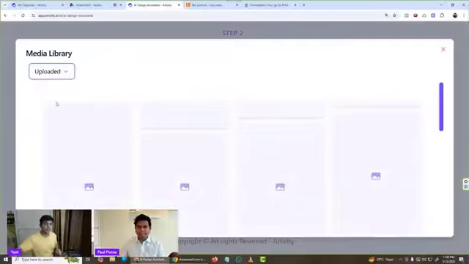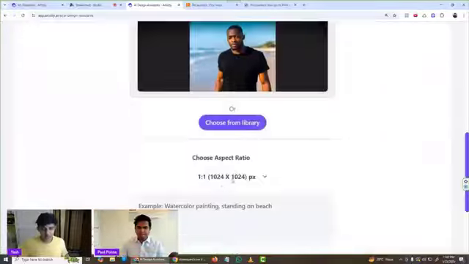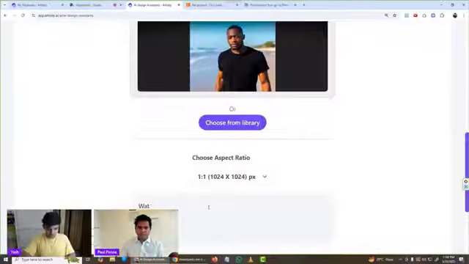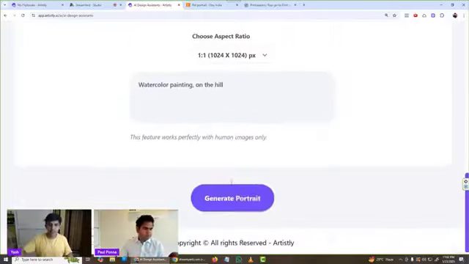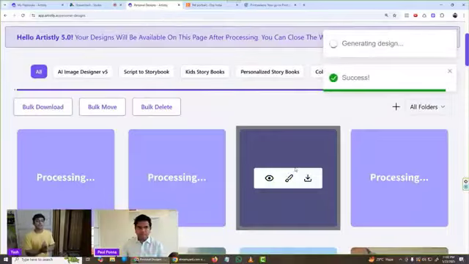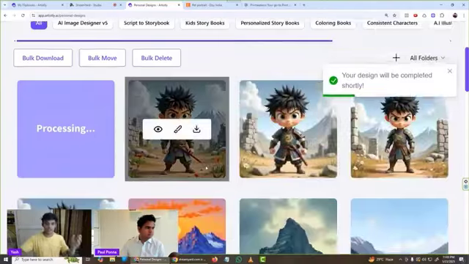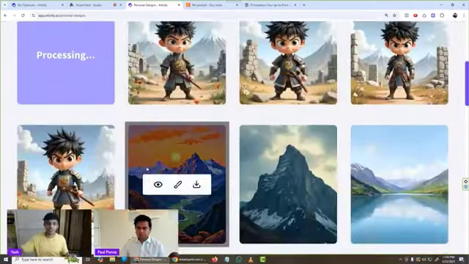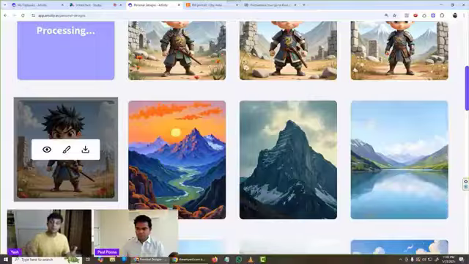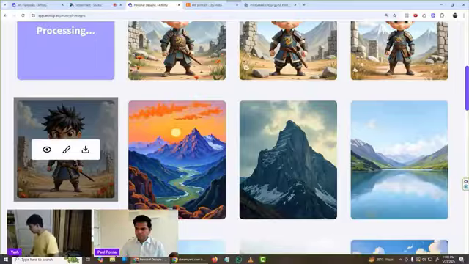So now let's say I want to upload this. I upload this gentleman, and I want him as a watercolor painting. You have to prompt what you want: watercolor painting, on the hill, for example, and you say what dimension you want. Now the beauty here is, guys, it's basically going to keep the face detail that no other AI does. This is your 10-year-old young warrior that we have. So just give me one moment. Just going to take